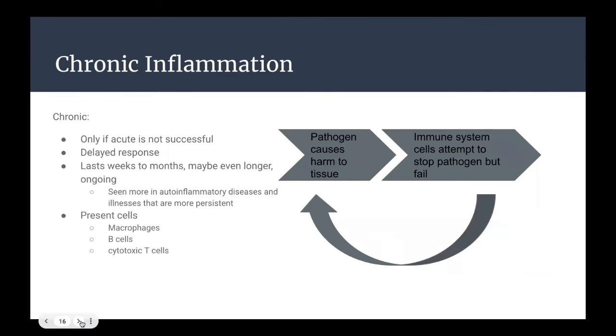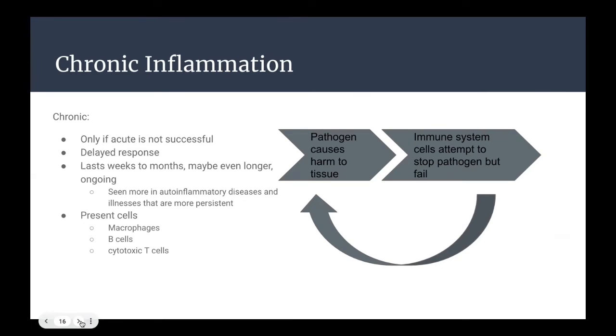So chronic inflammation is a long-term inflammation, and most of the time, chronic inflammation results from unsuccessful acute inflammation or uncontrolled tissue damage, which is why it's a delayed response. As the visual shows, chronic inflammation starts the same as acute inflammation, where a pathogen harms the body, but instead of the pathogen getting taken down by those acute inflammation cells, it